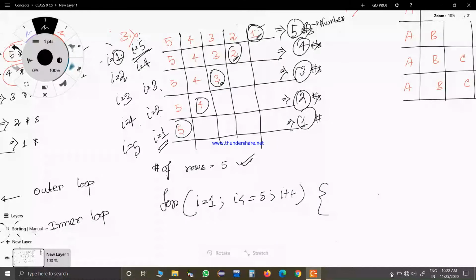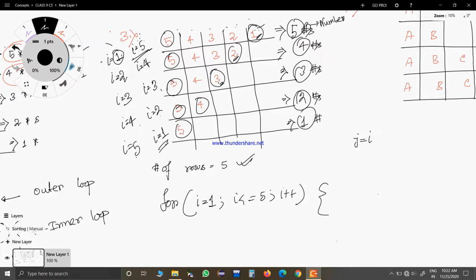So the ending part is clear. Where the loop will end for the inner loop is clear for us. But how about the starting value of j? Okay, now we are talking about j. The ending value of j is now clear: j will end when it becomes equal to I. So now what about the starting value? We can see that the starting value is 5 for each row, and it keeps decreasing.